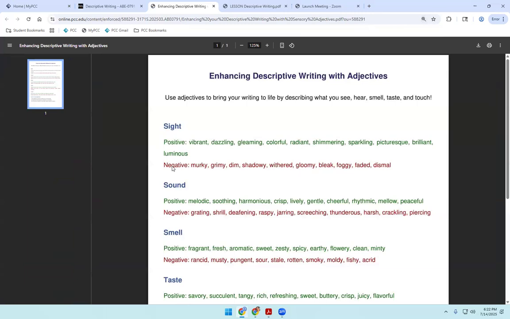But it's broken up by our senses. So here's a whole bunch of kinds of words that might be useful to you in your writing. Words that describe sight. And I've split them up also into words that are positive about sight and some negative words that we might use about sight. What do we see that is not pleasant to look at versus what we might see that is real positive?